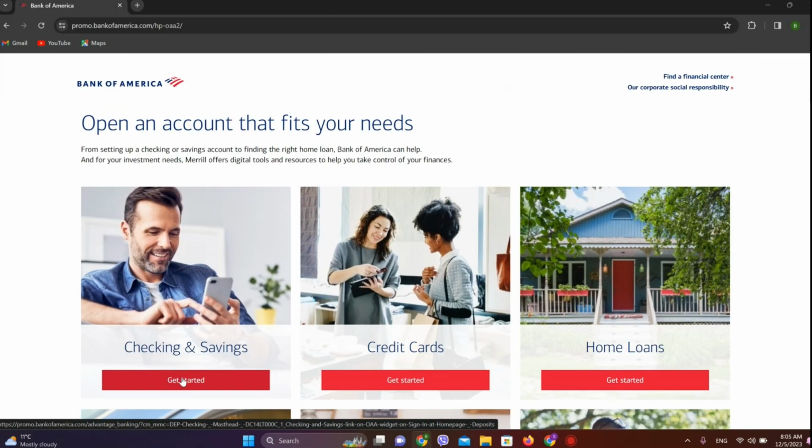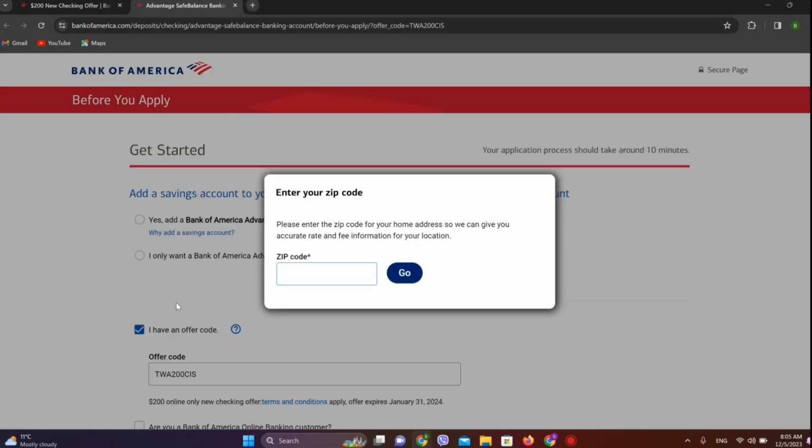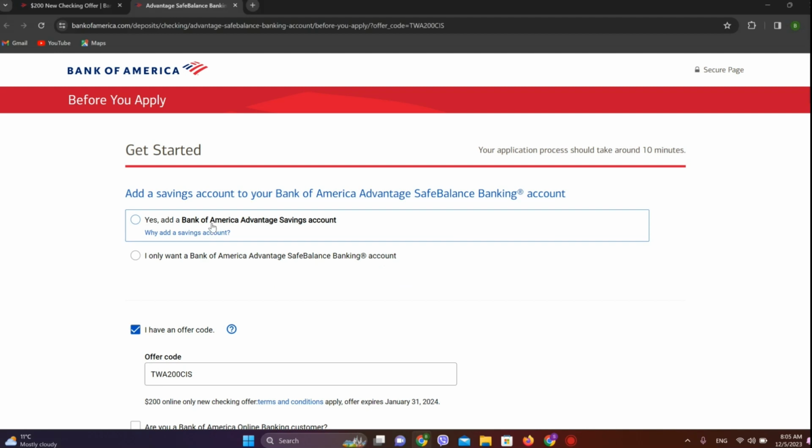Now click on checkings and savings. So let's go for this one. And click on get started, and you can choose any of this. Let's go for first one. Now enter your zip code and click on code. And if you want to add Bank of America Advantage saving account, simply click on tick